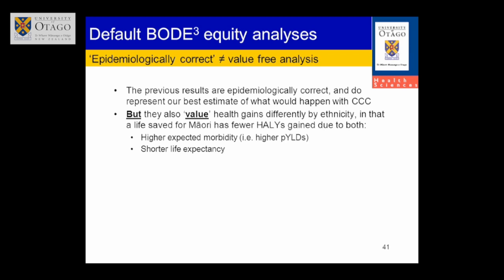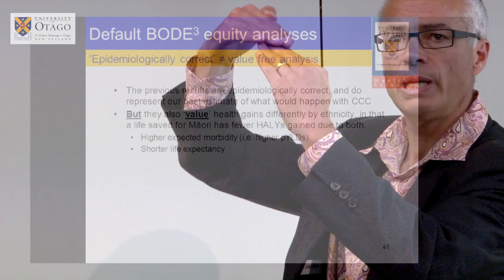In that a life saved for Māori has fewer HALYs gained for two key reasons. One, remember they've got the higher comorbidity, so they've got less well envelope left to work in, so they've got a lesser space to gain their HALYs in. And the other thing is, of course, with a gap of life expectancy of 7 years, the background mortality rate, their competing risk, is higher, so they're more likely to die of something else. So when you save a stage 3 colon cancer patient's life and they're Māori, you're going to be gaining less life years because of those two reasons. But you can argue about that on a value basis. You might say, well, actually, we don't want that in our model. We actually want to have a neutral valuation at that point,